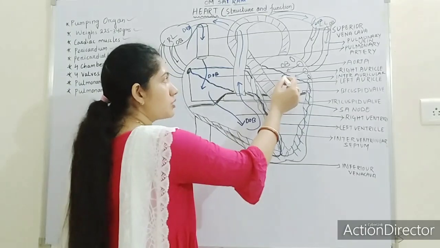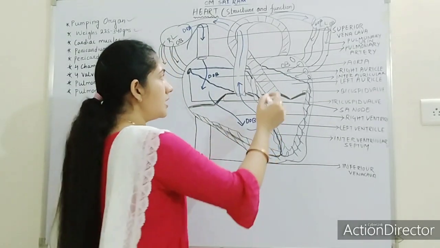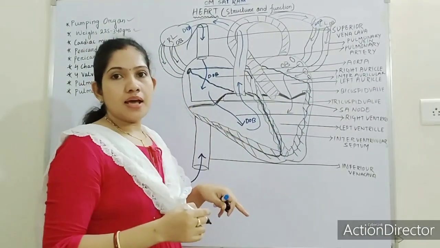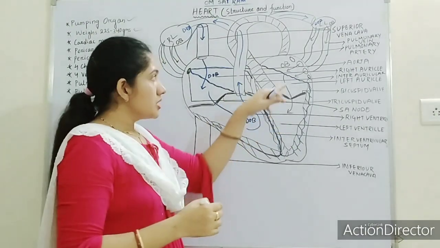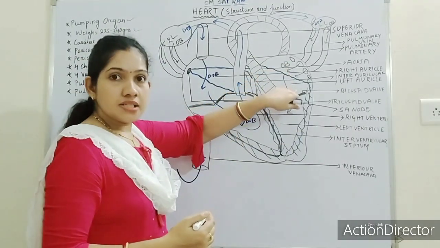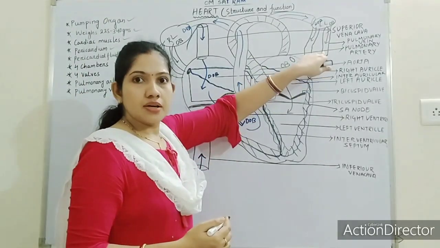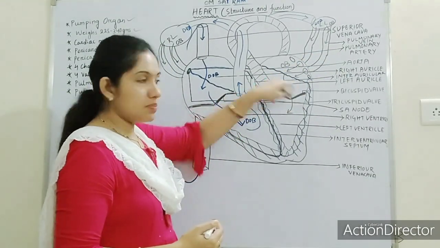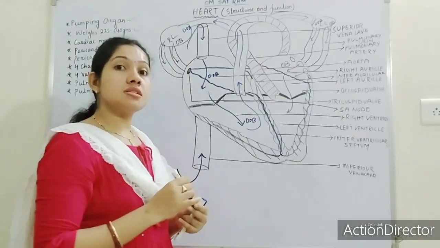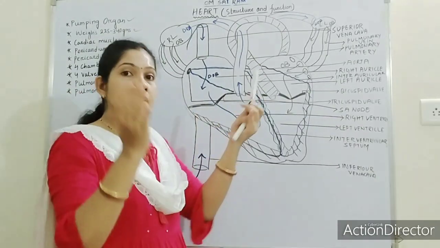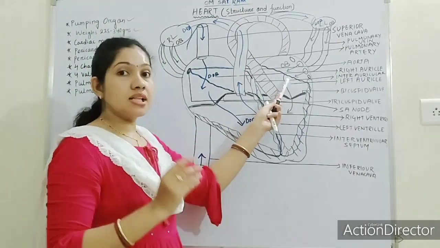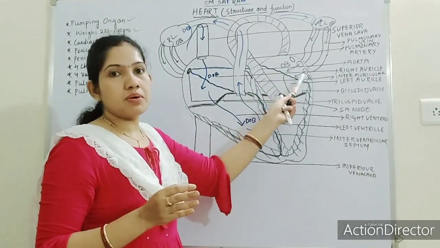Now this left auricle will receive the oxygenated blood and it will pump it to which part? The left ventricle. The left auricle will receive the oxygenated blood from the pulmonary vein and it will pump the oxygenated blood into the left ventricle. Got it? So just remember the point that I said: auricles always accept blood. Here this auricle accepts the deoxygenated blood. Here this auricle receives the oxygenated blood. Auricles always